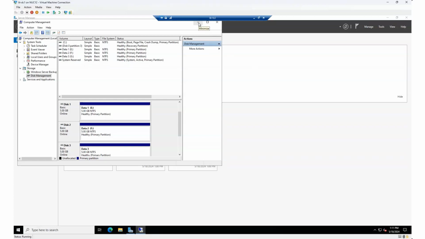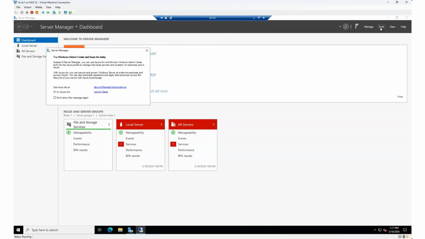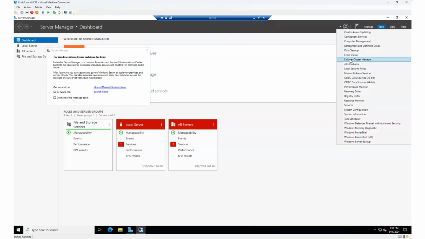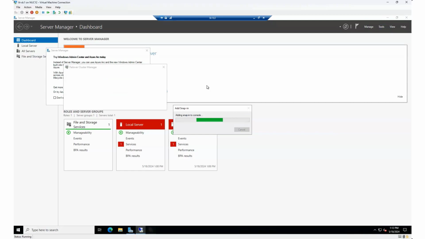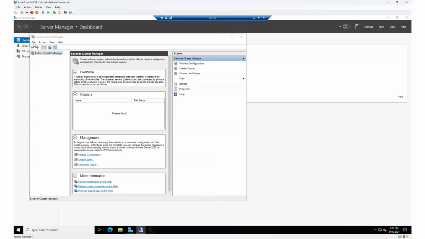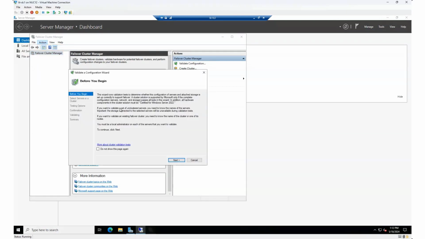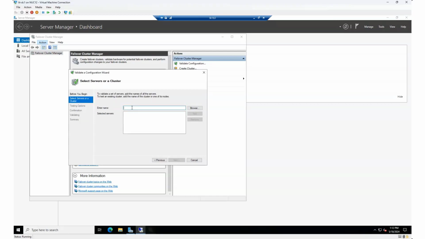So I'll minimize Computer Management, click Tools, click Failover Cluster Management on this lit FS3 server. That'll bring up the snap-in for cluster management. And in the cluster manager, I'll click Action and find this Validate Configuration link. That'll bring up this Validate a Configuration wizard, and we'll skip this Before You Begin page. Click Next and add our two cluster nodes, future cluster nodes. That is